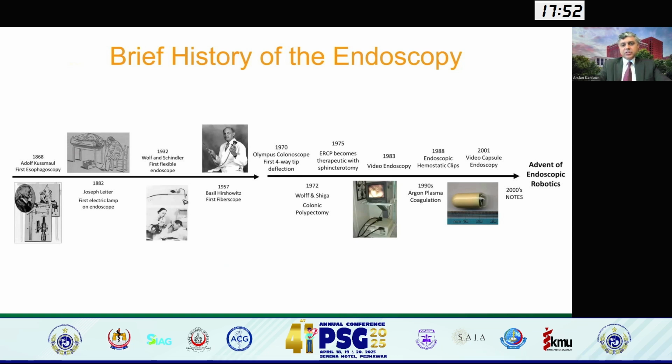Especially in the 1970s, when therapeutics came into endoscopy, especially with polypectomy, then ERCP coming into play in the mid 1970s. And from there on, there has been a tremendous explosion of how many different things we're able to perform now. Since our topic also includes discussion about robotic platforms, the first concept of robotics that we see in literature was in the early 2000s when NOTES procedures were becoming more into focus, and that's where some of the robotic platform research occurred back in the day.